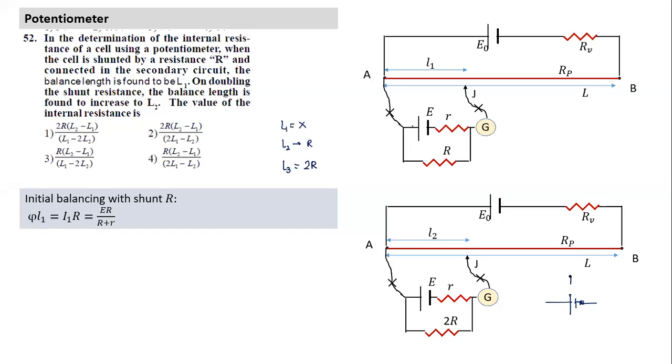When is terminal voltage equal to E? Almost. When external resistance connected is almost infinity. So when very large resistance is connected, then terminal voltage is almost equal to EMF.